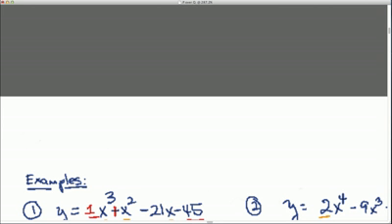Quick little intro. I made a mistake when I copied this problem down. This in the video is going to show up as a minus sign at the beginning. It should be a plus sign. So for those of you that are pausing the videos like you should be and trying these problems on your own,